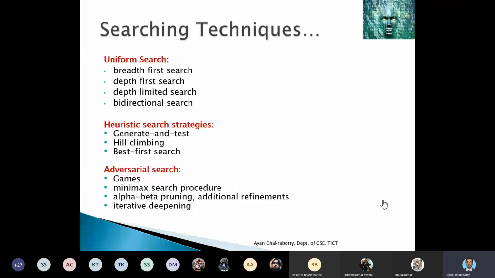In depth first search, we are trying to search depth-wise of the searching tree, and whenever we get stuck, we will return back. We will return back to the last known best position, last known best child. We will return back to that, and again we will try to search the next possible route or the next possible path or the next possible child. So this is the depth first search.